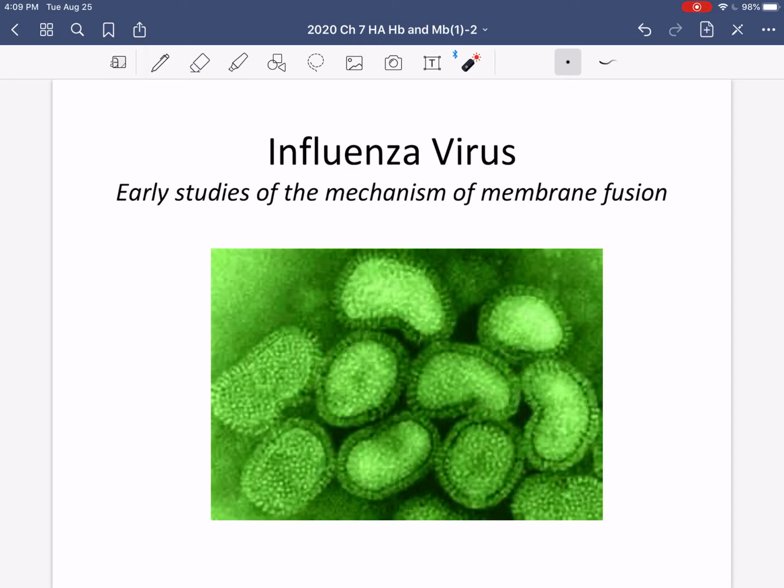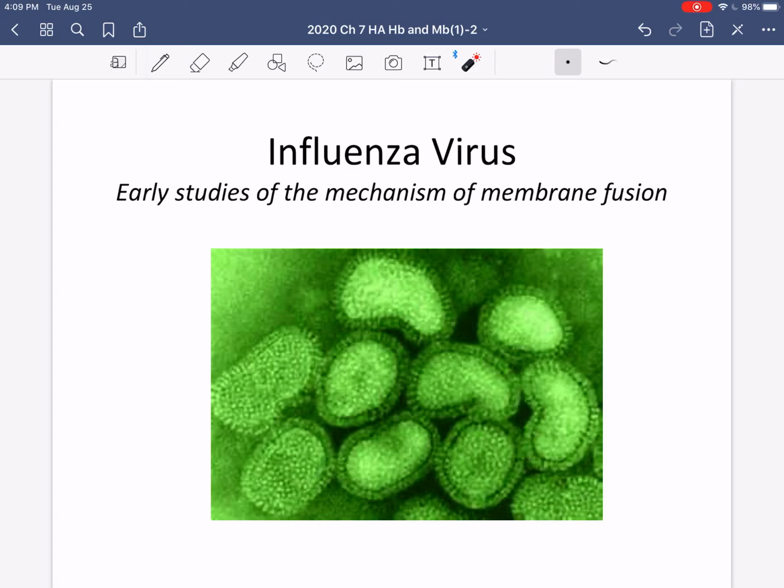So what we learn about influenza virus is going to hold true for other enveloped viruses, that is, viruses that leave with a piece of your membrane around them. So these viruses have cellular membranes around them, and that's why they have these unusual and different looking shapes, because they're kind of squishy. They're not like a billiard ball like some viruses. They're enveloped viruses, so they have membranes around them.